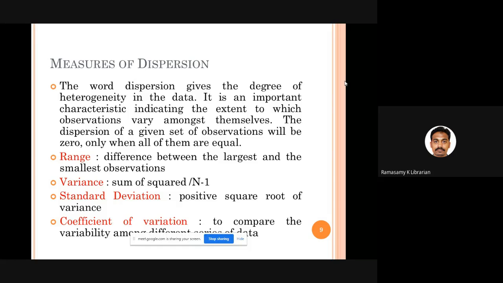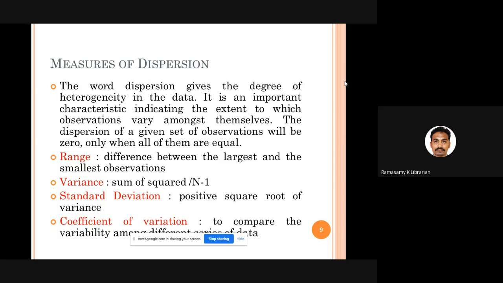So their mark score will be ranging from 50 to 70. That is, mean is 60. Standard deviation is 10 means 10 less than 60, or 10 more than 60. That is 50 to 70 will be the mark scored by 60% of the sample. So that is what standard deviation is all about.